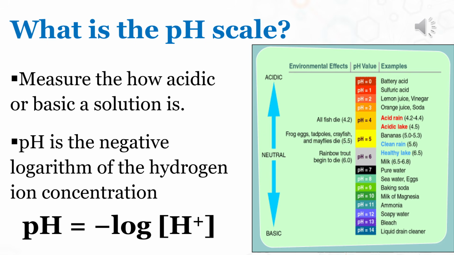For example, pure water has a pH of 7, therefore it is neutral. An example of an acidic substance is soft drinks, which usually have a pH of 3, making them acidic. For the basic, we have bleach. The pH value of bleach is 13, therefore it is basic. So kindly check the examples on the graph or in the photo that is flashed on the screen on the right side.